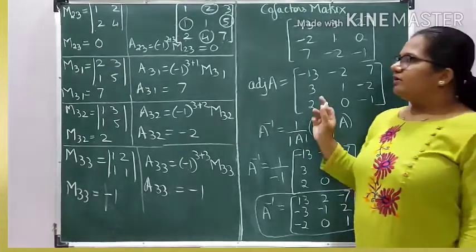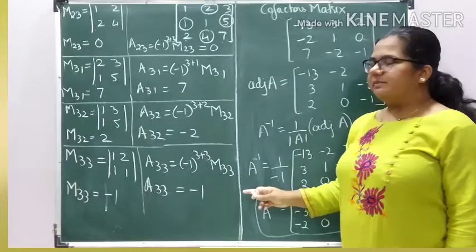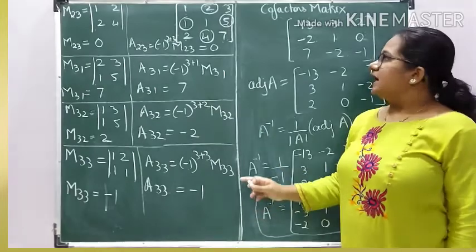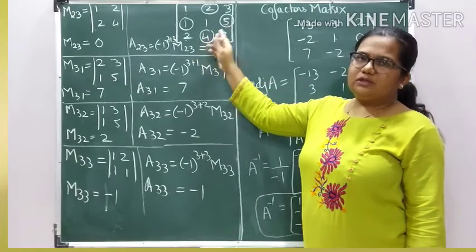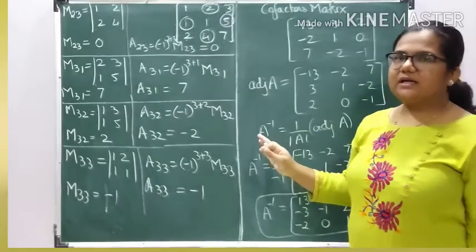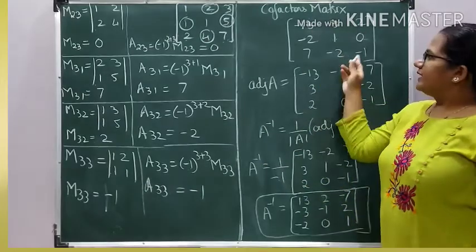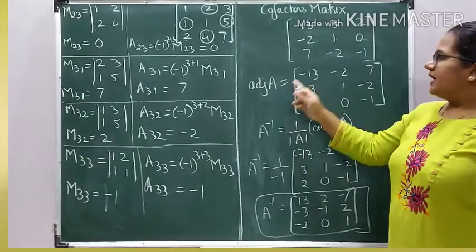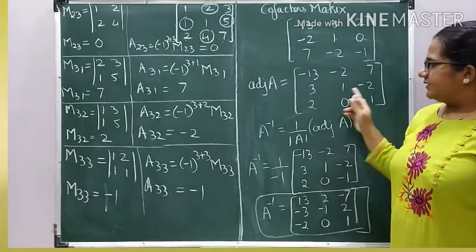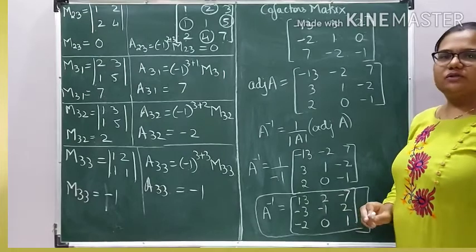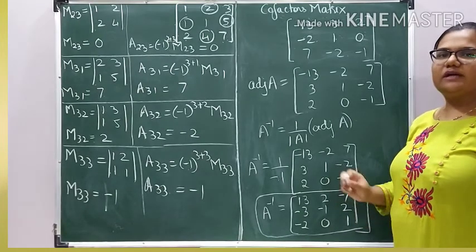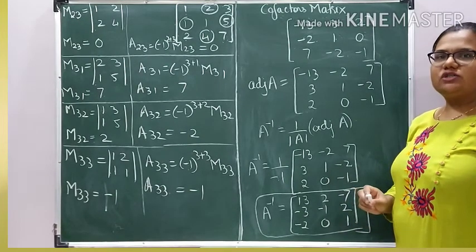Understood? So if you have an order 3 matrix, you have to find 9 minors and 9 cofactors. I told you only these 4 elements have opposite signs, all other minors and cofactors are the same. You will write all the cofactors in the matrix format, then the adjoint of A means the transpose of this matrix. This is your formula. Substitute and this gives you the inverse of the given matrix. So this is called finding A inverse by the adjoint method.